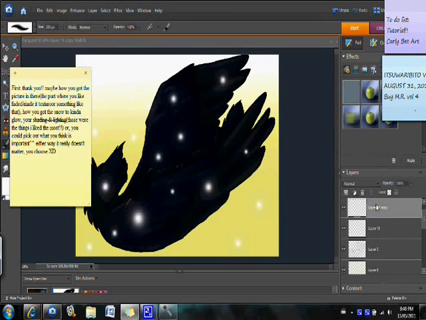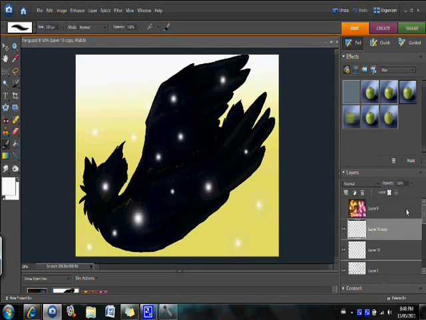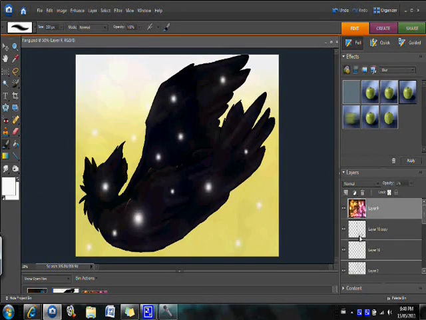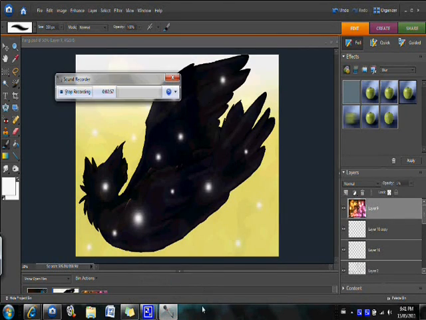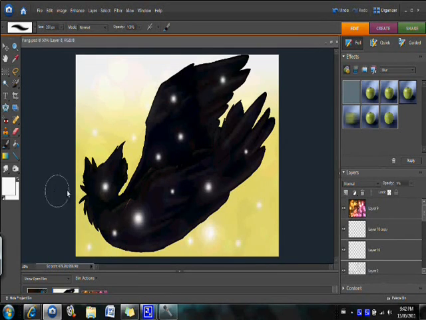Oh, right, the lighting. Okay, I'm gonna cut to where I finished the picture up to the lighting part. Almost done. It won't be too much. And then I'll show you the effects I use. Okay, so I made it to that point. So what you want to do for my lighting, go down here and you go to